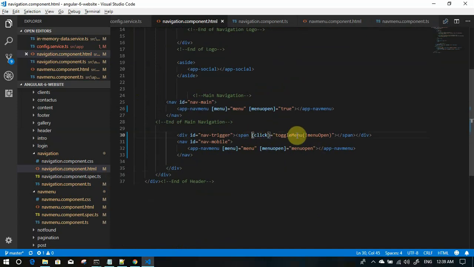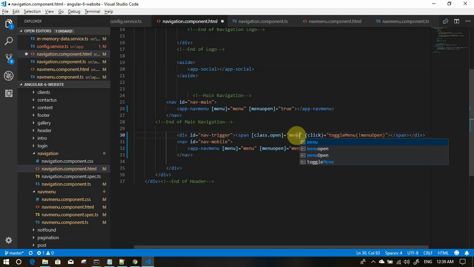Okay, let's do it. Here I want class dot open equals menu open. So if menu is open, this is the class that it should apply. Okay. Similarly,